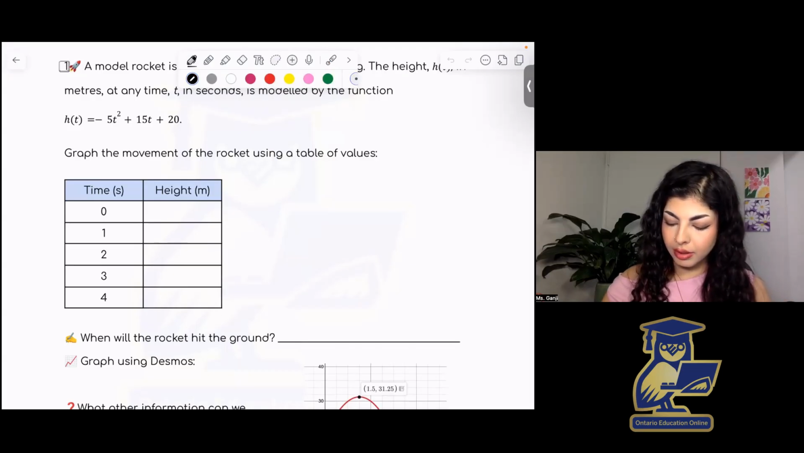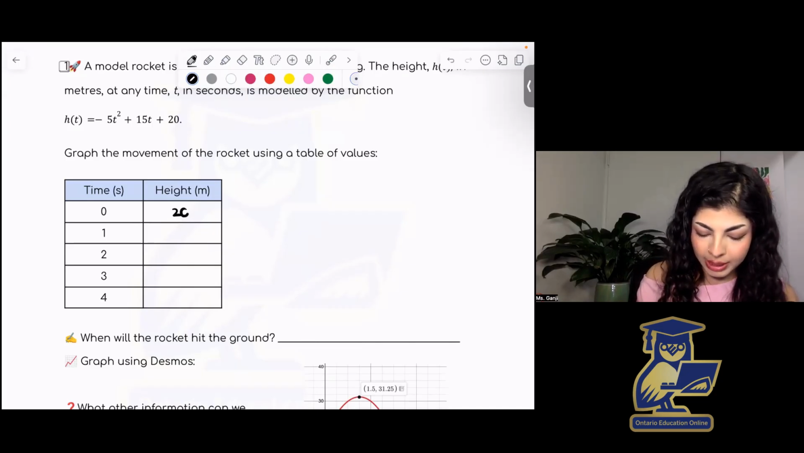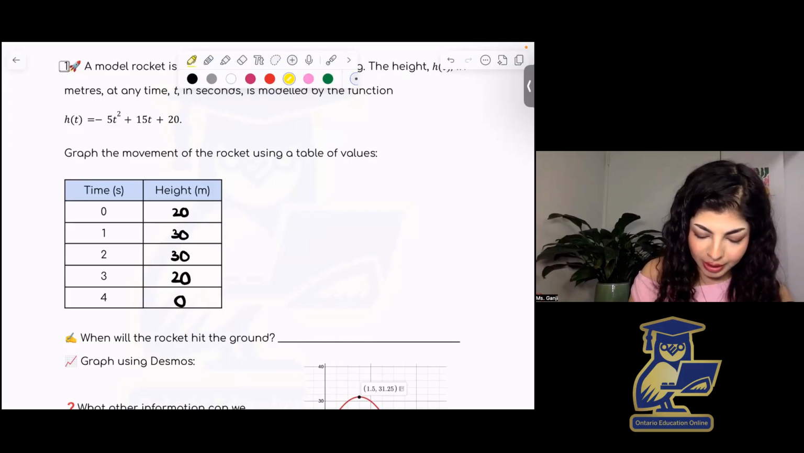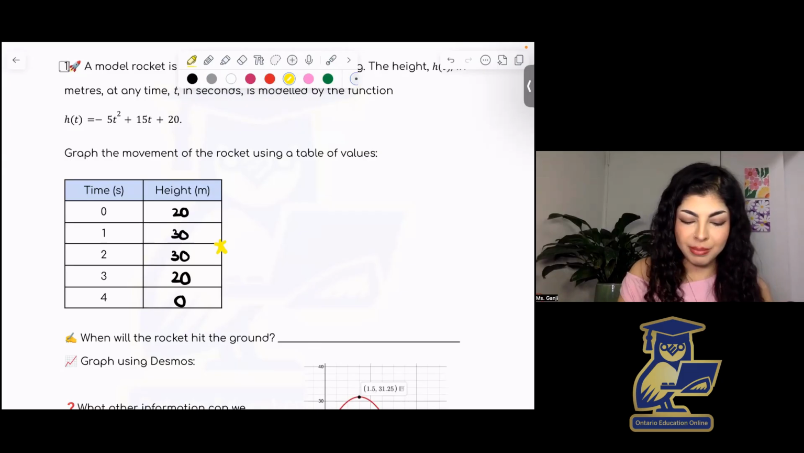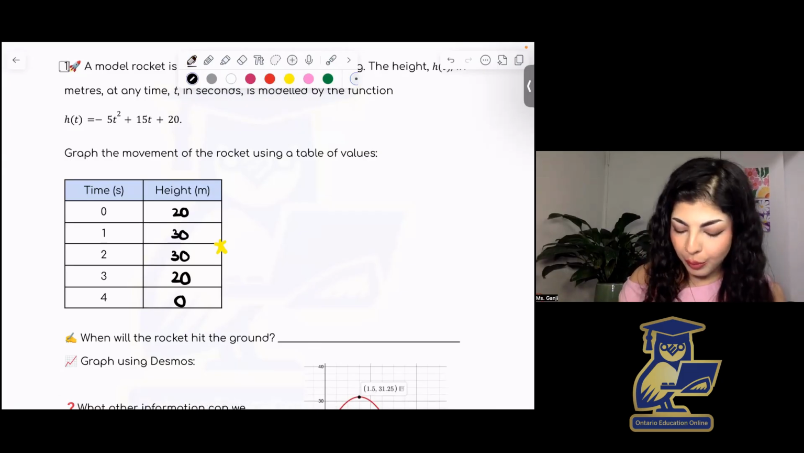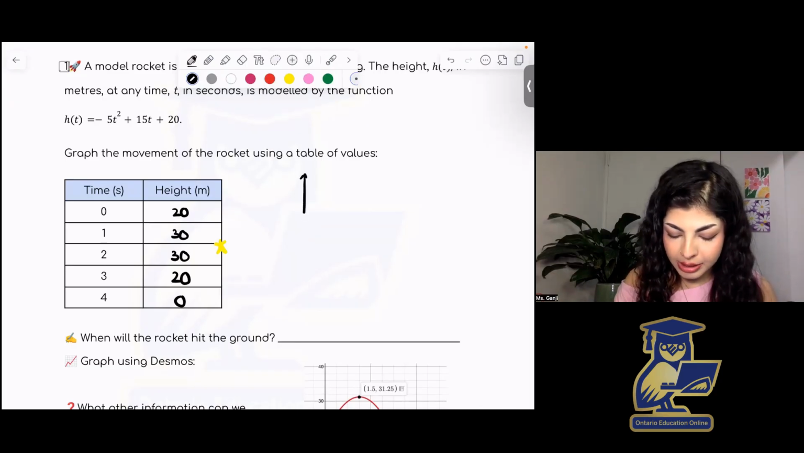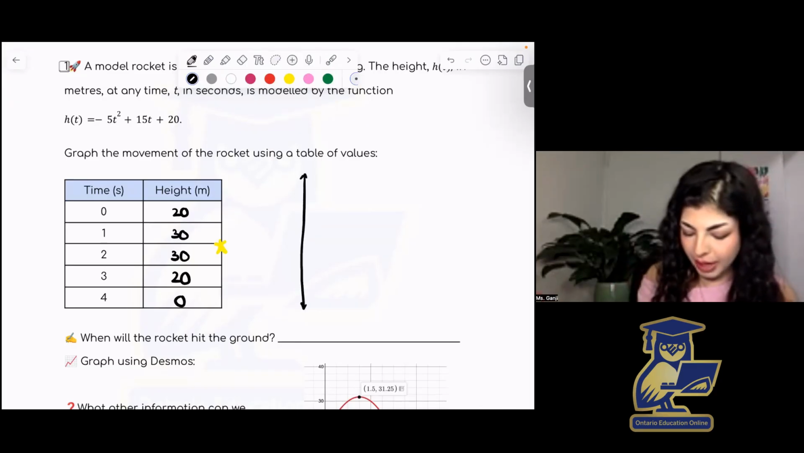You can use a calculator here or your graphing tool, but you should have gotten 20, 30, 30, 20, and 0. And I'll leave a star here for now because there's something in the middle there that's going to be important for us. So now when we want to graph it, I know that my time is all positive and my heights are all positive. So when I'm setting up my Cartesian plane with just freehand,